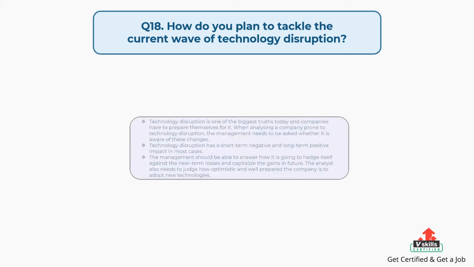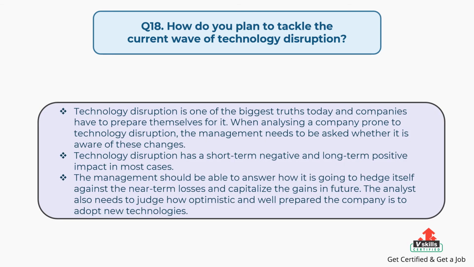The answer is, technology disruption is one of the biggest truths today and companies have to prepare themselves for it. When analyzing a company prone to technology disruption, the management needs to be asked whether it is aware of these changes. Technology disruption has a short-term negative and long-term positive impact in most cases. The management should be able to answer how it is going to hedge itself against the near-term losses and capitalize the gains in future. The analyst also needs to judge how optimistic and well-prepared the company is to adopt new